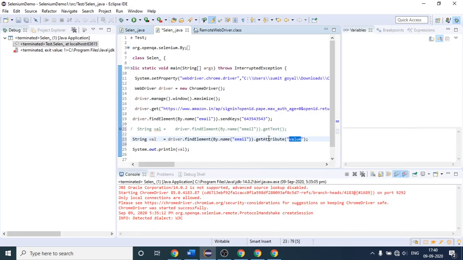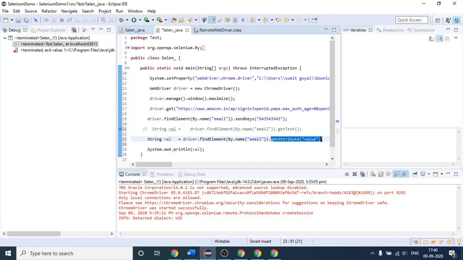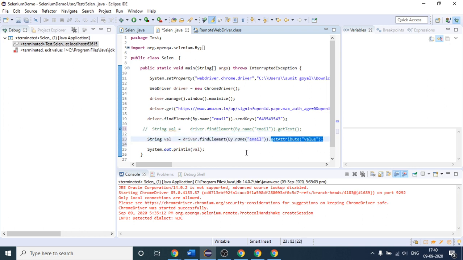By using this we are saying get me the value which is present inside this value attribute. With the help of this we are fetching that value. You will also see it more clearly when I execute the program.